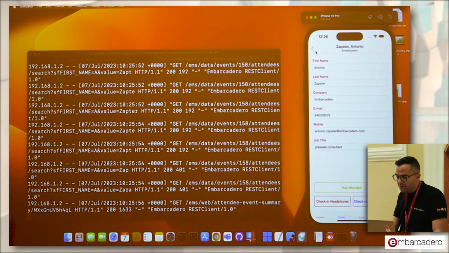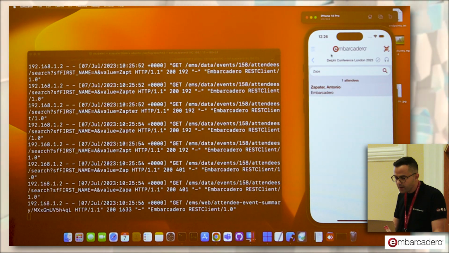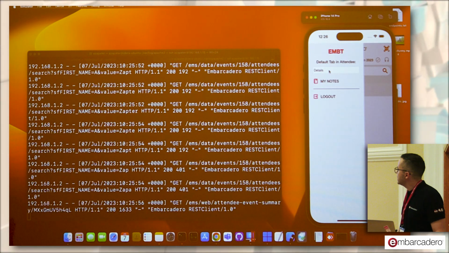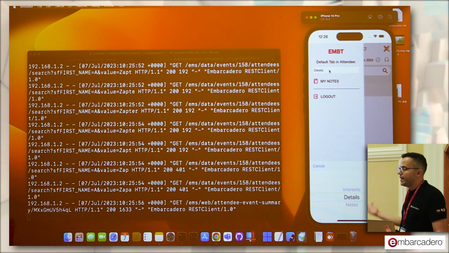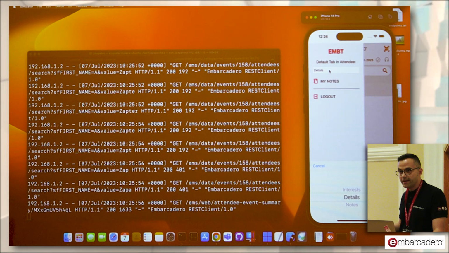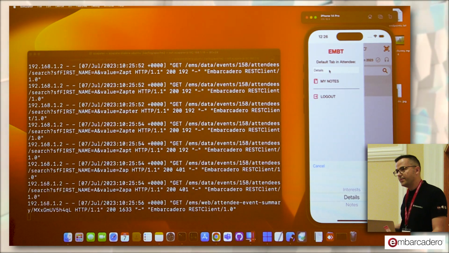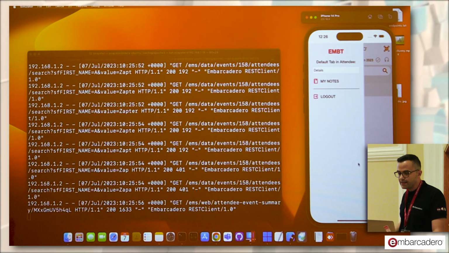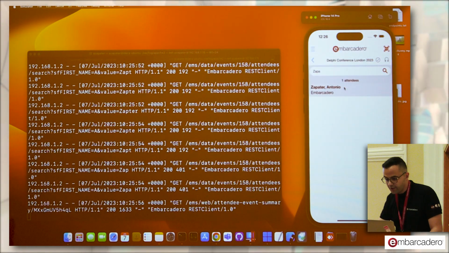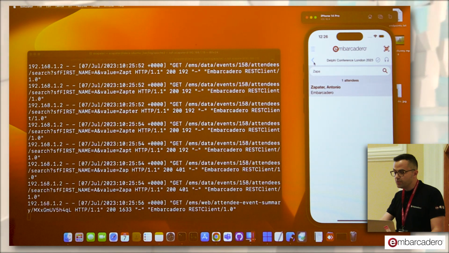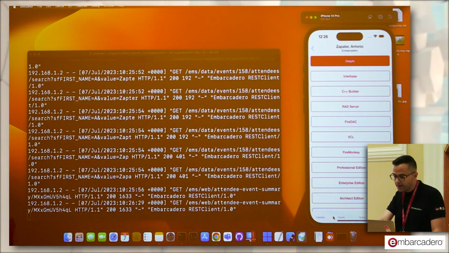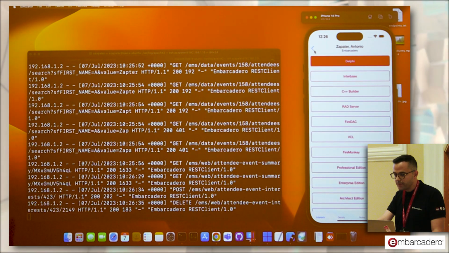And we're seeing exactly the same application with the same functionality, but in iOS. In this case, if we click the drop-down menu, we get the iOS drop-down menu. We don't get the ugly Windows drop-down. So as I said, this is 100% platform aware. And also, as we can see, the buttons now are blue. And also, if I access an attendee, the tabs go to the bottom as well. But the functionality is exactly the same.